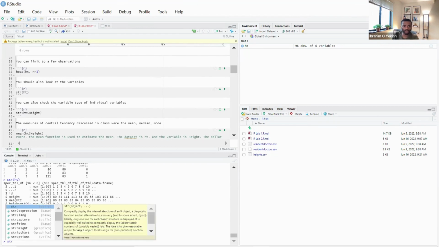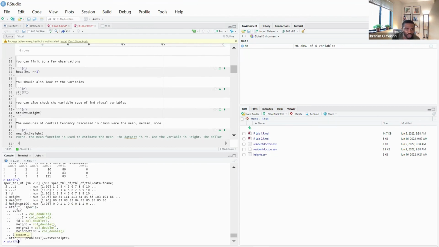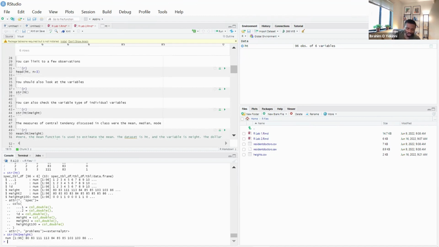So you can do str, ht, then $, and then you choose height. When you run that, it shows you a compact summary, or displays the structure of the